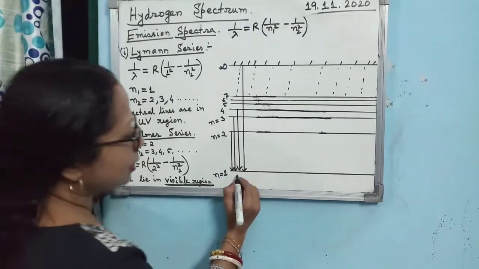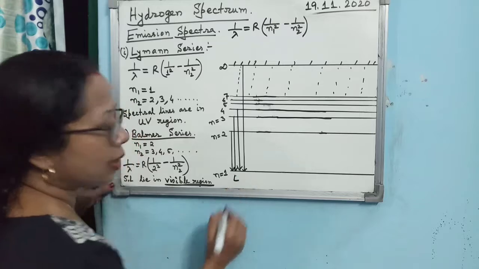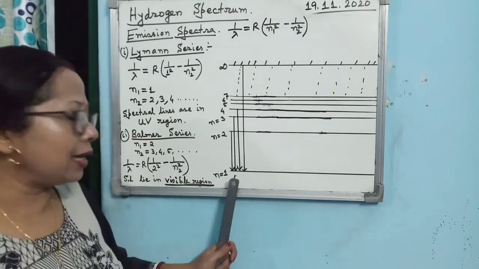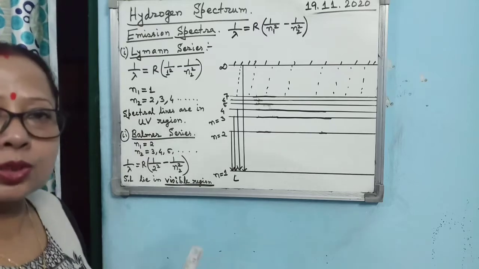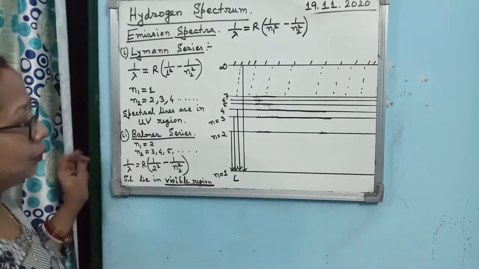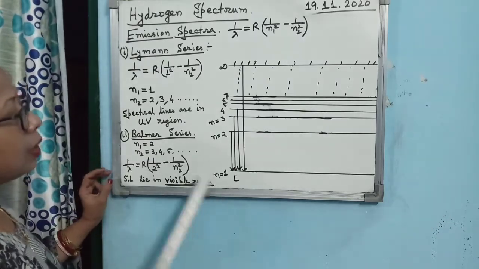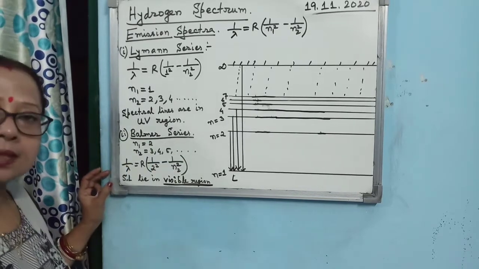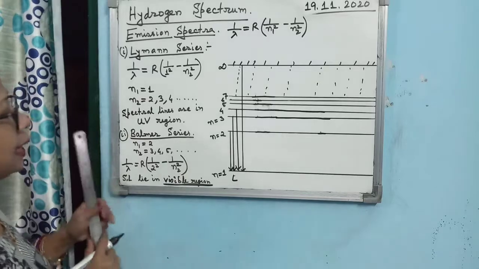So you see, this is Lyman series. I am only writing L, no spaces there. The board is too small. Is that clear? Another important point regarding the Lyman series is that these spectral lines lie in